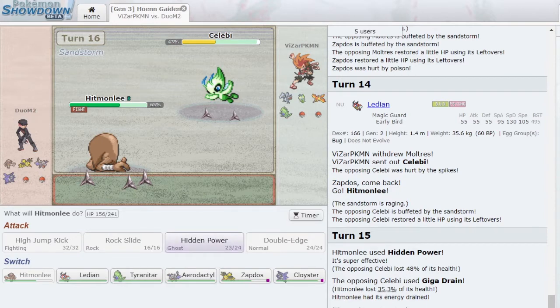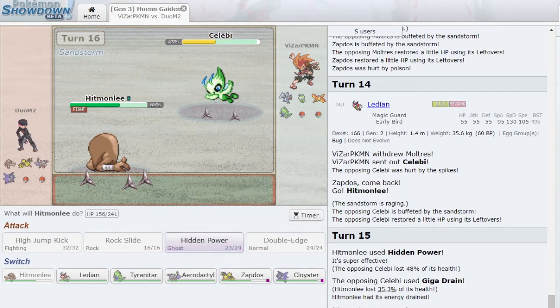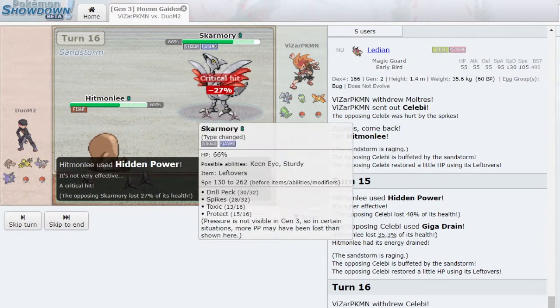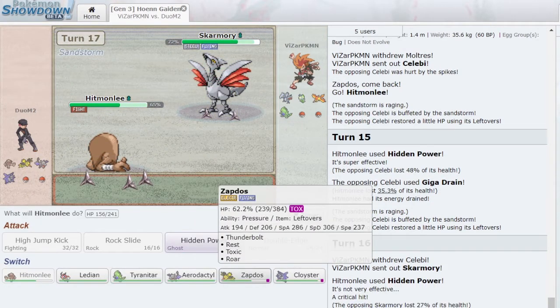Tyranitar. Since almost all teams in this format are gonna have Tyranitar, unless they have some Hail Setter. So I'm just gonna click HP Ghost again, make him switch. Okay, I was about to say that did a decent chunk, but it was a crit. So...